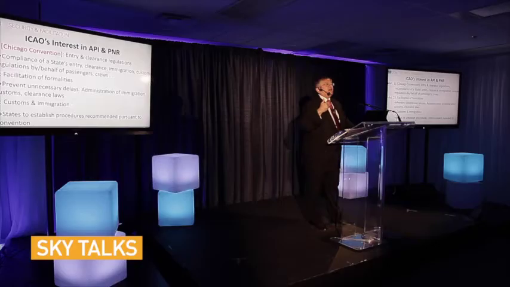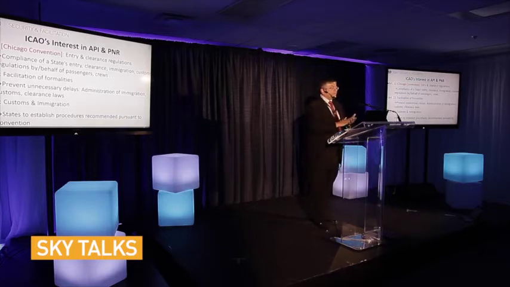Some of them. Article 13 of the Convention requires all passengers and crew to comply with a state's immigration, customs, clearance, and entry requirements before the person enters the state, while in the state, and at departure from the state. Article 22. Under Article 22, all states have agreed that they will prevent unnecessary delays in the administration of immigration, customs, and clearance